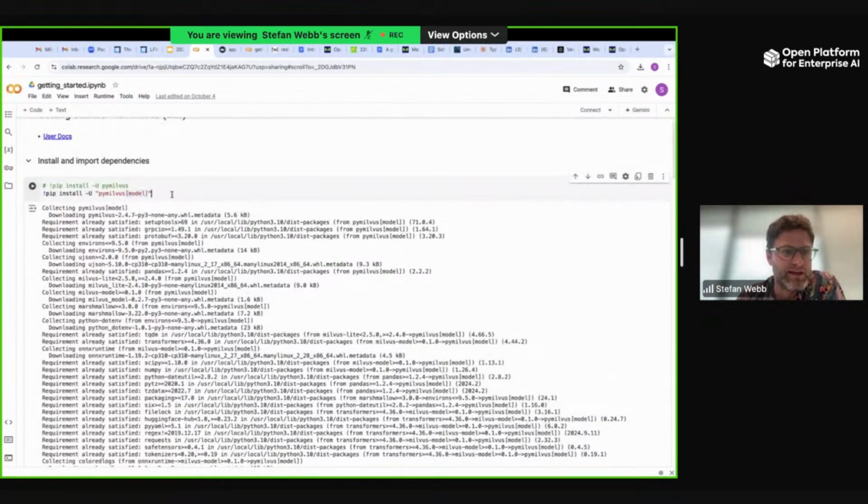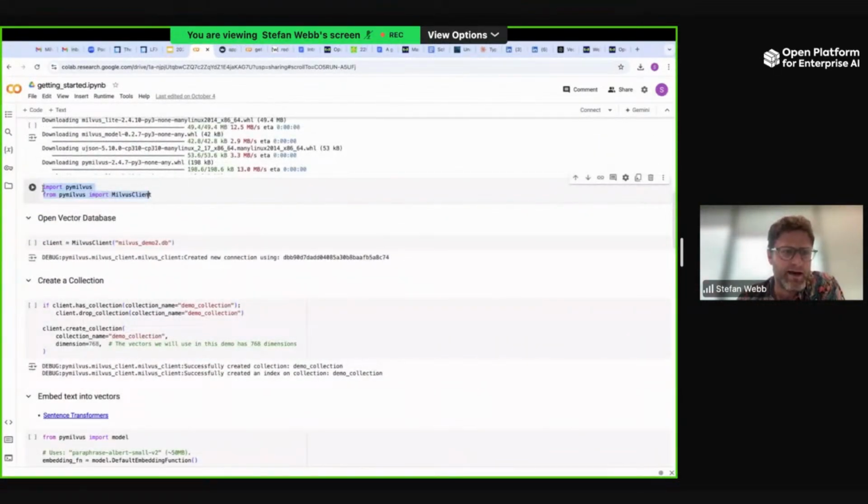We install that library, and then we import the important functions from the SDK. This class here, Milvus client, is how you either connect to a remote database or create a vector database locally on your system. We create this Milvus client object, and we give it a file name. Because it's a file name and not a URL, that's how it knows to use Milvus Lite, as opposed to one of the other two distributed versions.